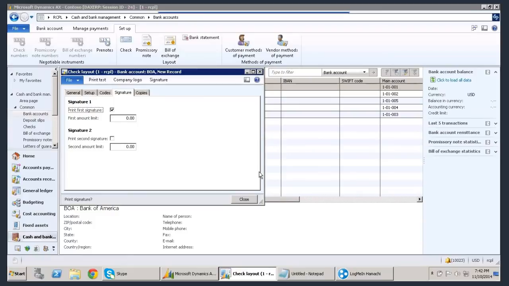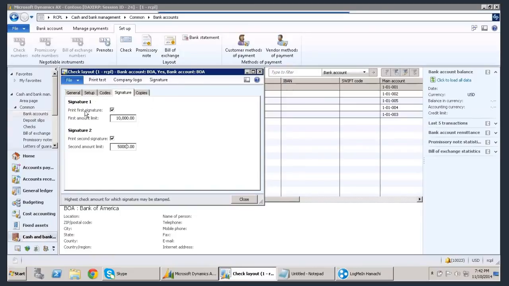If you are paying more than $50,000, then you require another person's signature also, an authority to approve that. Here, the first check is only up to 10,000. First check and print second signature. This person is going to have around a 50,000 US dollar limit.